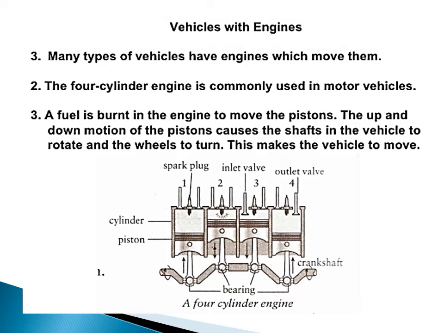Okay, now study the diagram. So this is a four-cylinder engine. Okay, so you look at the diagram, you can see the cylinder. So it's the place for the fuel to enter. You can see the piston which is able to move up and down, and you have the spark plug, the inlet valve and the outlet valve. And down there you have the bearing and the crankshaft which is able to rotate. Okay, so how does this